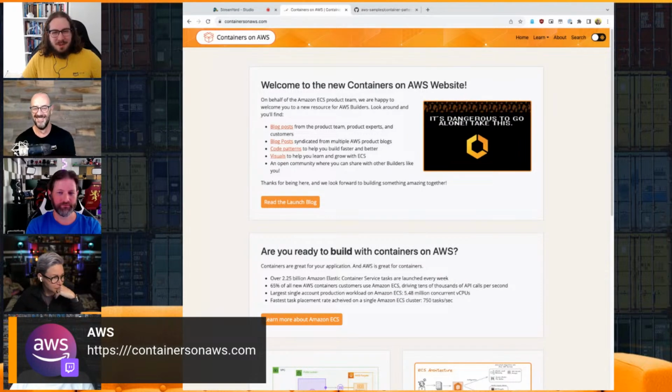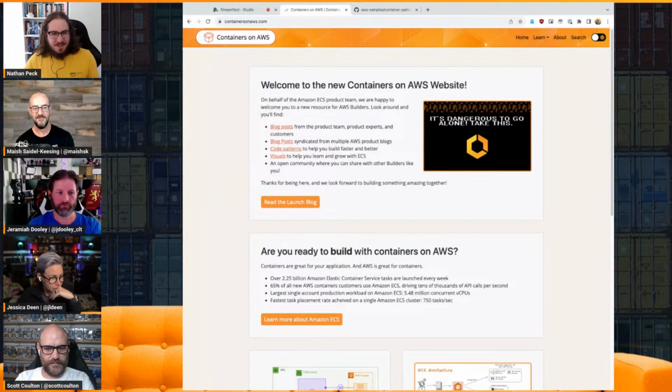I'm not really sure who came up with the coloration. I do know that our official logo for Elastic Container Service was orange. Someone decided at some point that orange would be the color for all of the compute services. So if you notice, the actual AWS services in the console have different colors, based on whether it's a data service or a compute service or a networking service or something like that. So for some reason, orange is the color of compute.